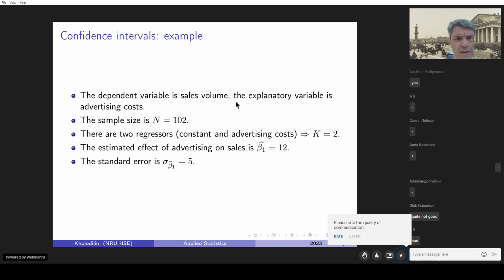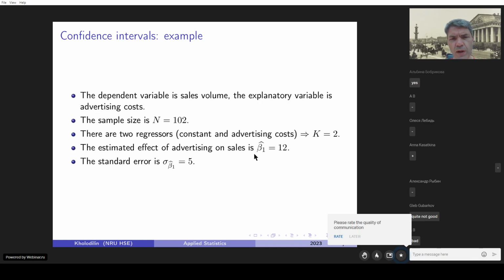So assume we had, I don't know, n days or n advertising campaigns, or n cities where we did these campaigns, and we have two regressors, a constant and advertising costs. So k is equal to 2, and we estimated a linear regression